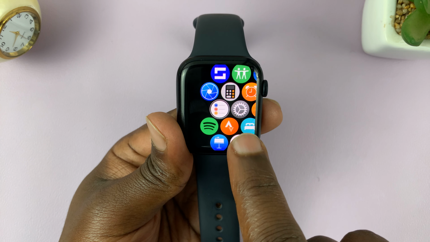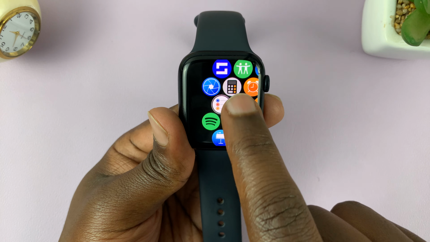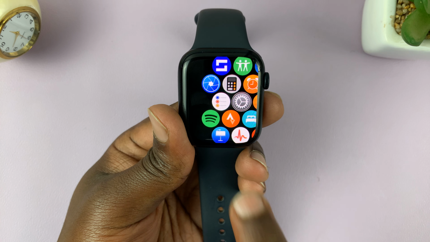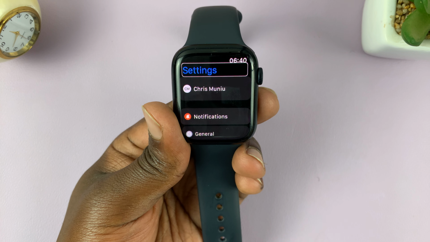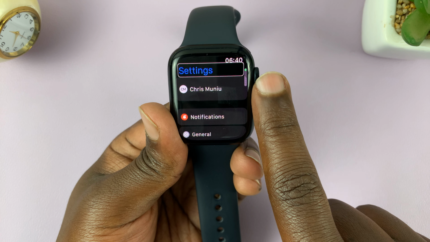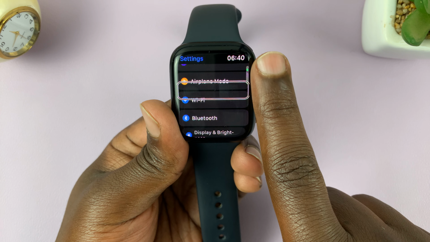Here we have Settings. So tap on it once to select Settings, and then double tap to actually go to Settings. And then here, fortunately, with the crown, you can scroll,